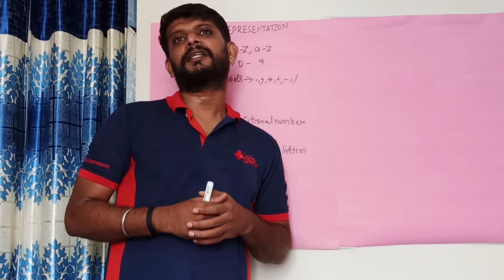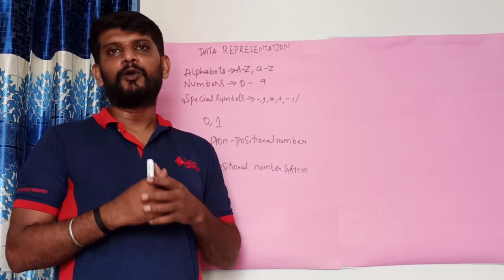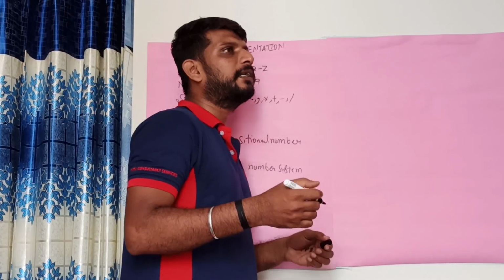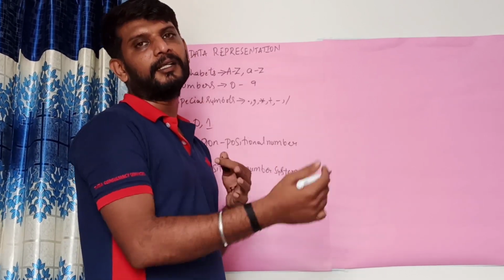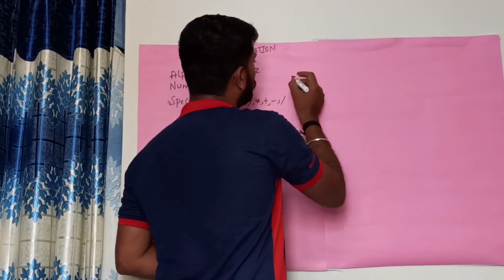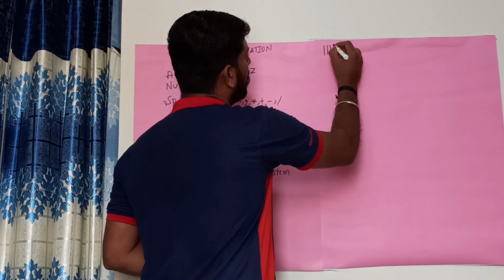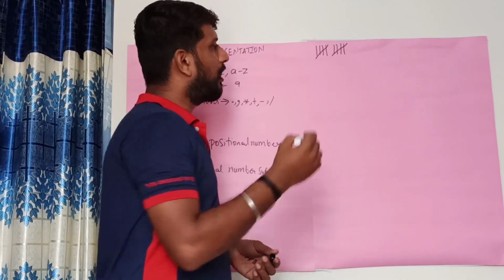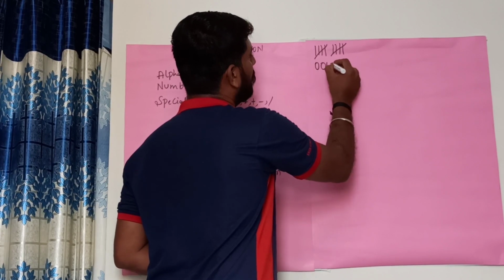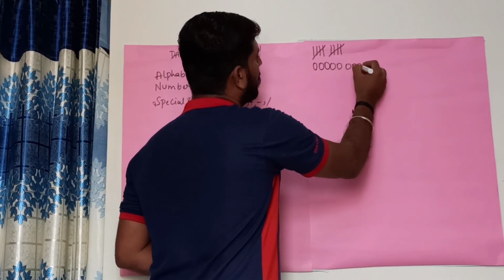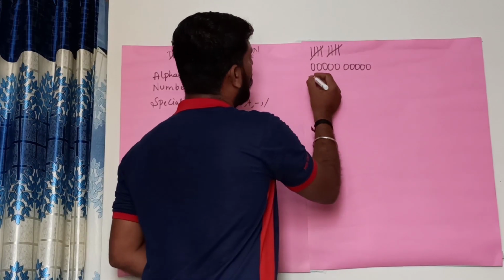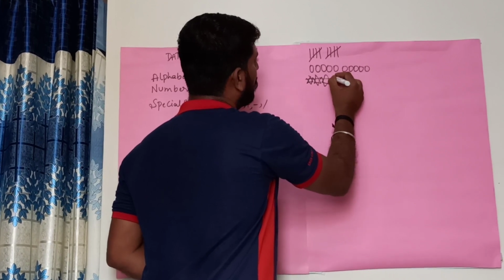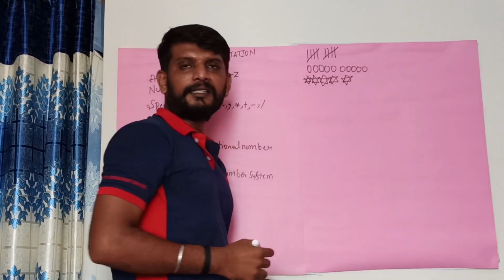Before humans made use of numbers for counting purposes, they used to make use of different kinds of symbols. Suppose they want to count some 10 things. They used to make use of certain symbols like 1, 2, 3, 4, 5, 6, 7, 8, 9, 10. Or else they used to make use of some other kind of symbols like stars. Like this they used to count.